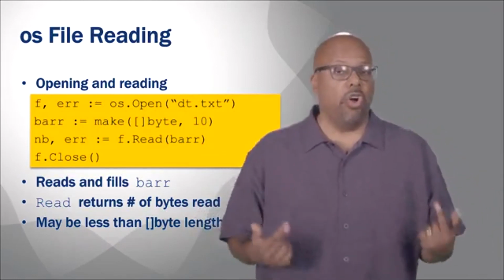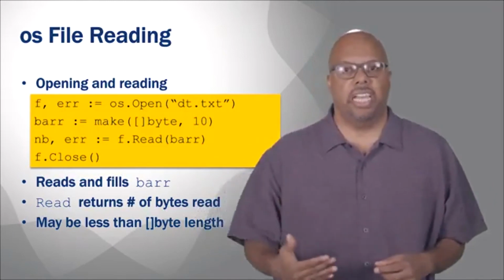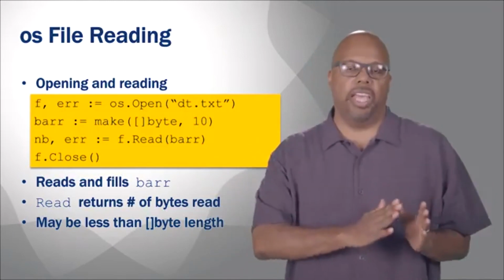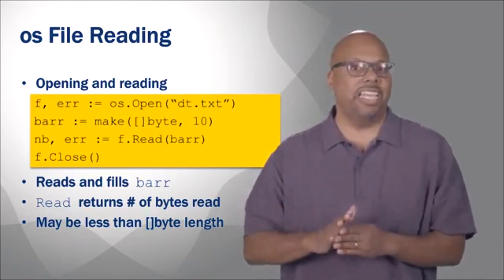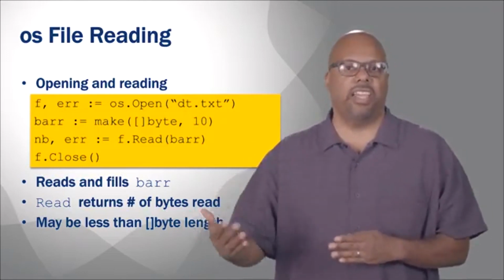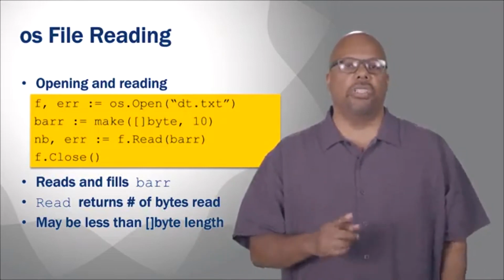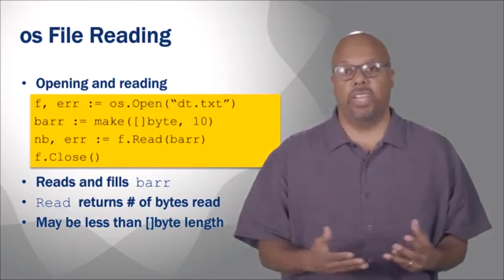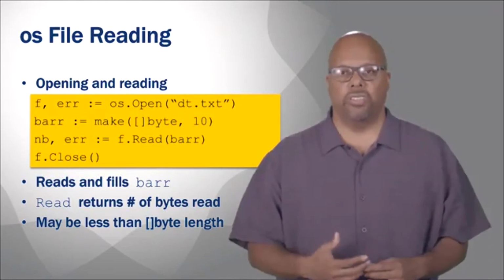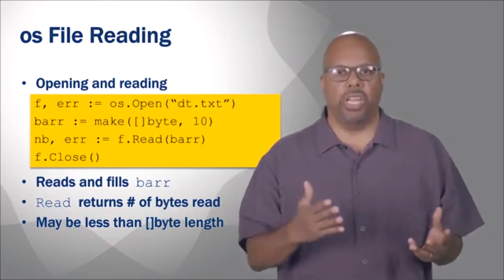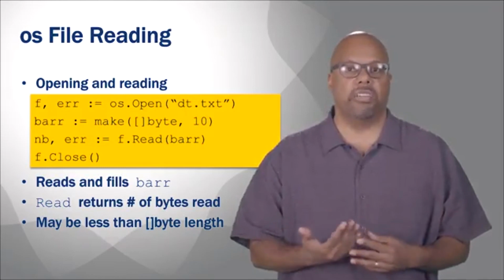Now note that if I called it again with that same byte array, it would fill the byte array with the next 10, right? Every time, the read head actually moves. So I read the first 10. If I read again, it's not going to read the first 10 again. It'll read the next 10 until I close it and it resets the head. This function returns two things: an error if there's an error. So if you're trying to read something and you reach the end of the file, it might throw an error. But otherwise it returns nb, which is the number of bytes that it read.